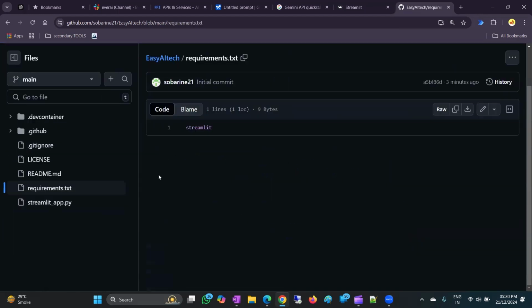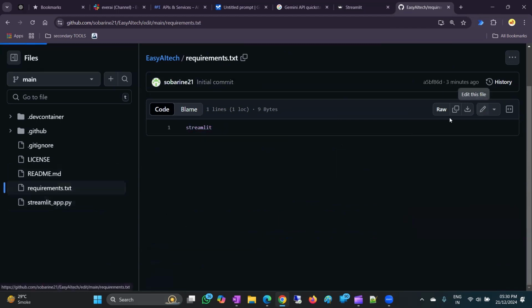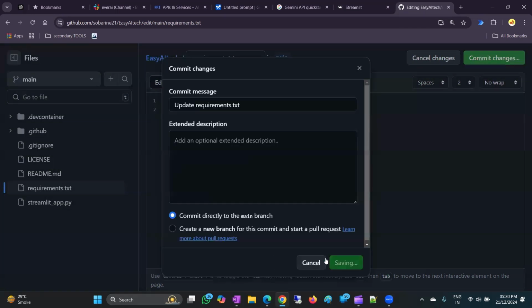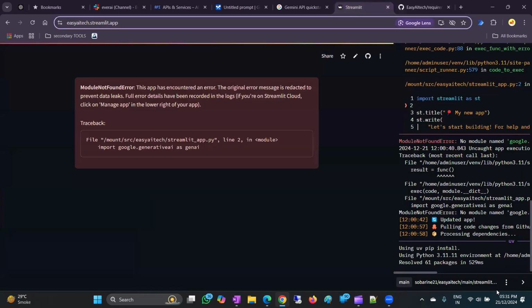Then there is requirements text. Okay. There's Streamlit along with Google Generative AI. Two modules are required. Streamlit and add one Google Generative AI. That's it. Commit. Now it will get loaded. Here in the settings,